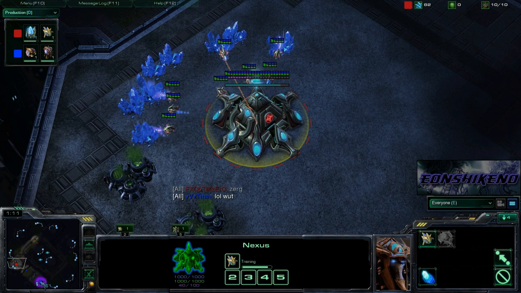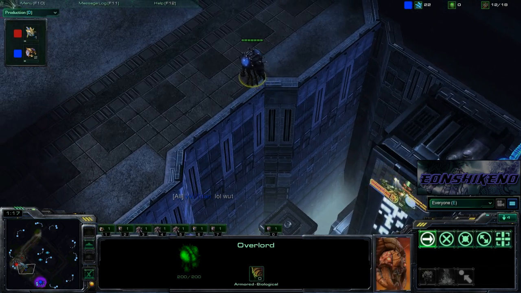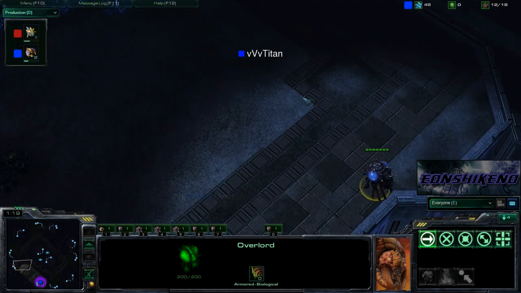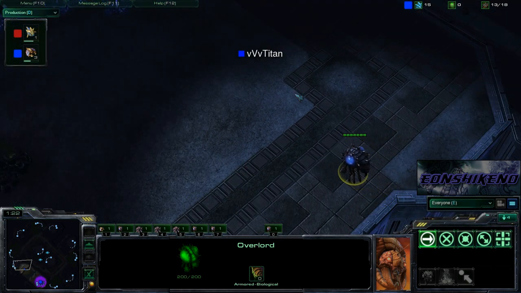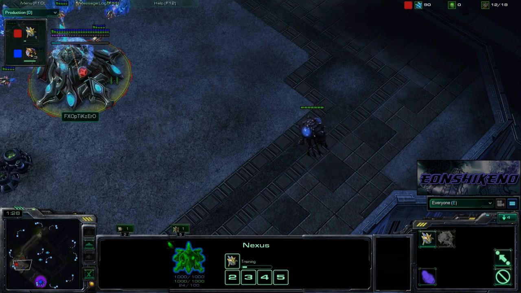So we do have close air distance. And we're going to have Titan fly an Overlord over here, and probably just sneak in here. We're going to check out his vision. He's just going to come over here, and as soon as he sees that Nexus, he's going to turn around very quickly, and maybe OpticZero will send